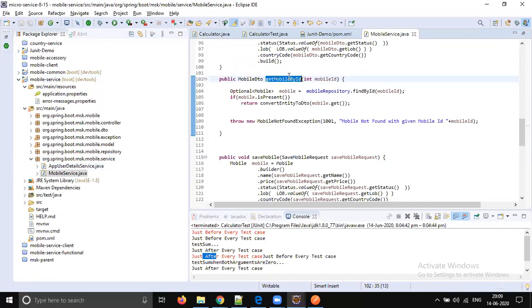Okay, so we will pass the mobile ID, but internally at line number 104, what is it expecting? It is expecting some database call. I already told you unit testing is meant to have no dependency on the database, right? Then if there is no dependency on the database and we don't create the database, we will get some exception at line number 104. So how are we going to fix that? There are a couple of tools and libraries available with respect to JUnit test cases. Okay, so let's see what those are.